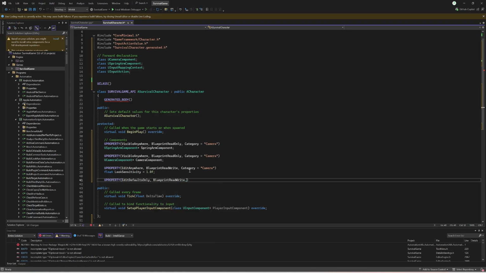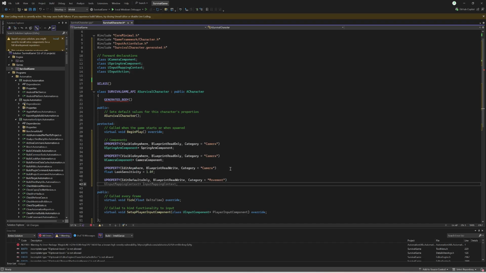Blueprint read write, and category equals movement. All of these inputs, they're very similar. I think at this point I don't need to explain them. It's very much what it sounds like. Blueprint read write, edit defaults only, category,